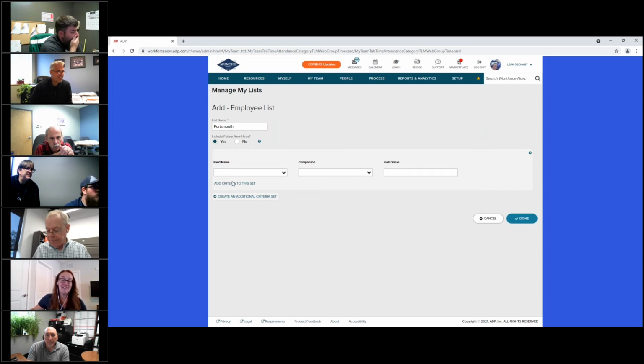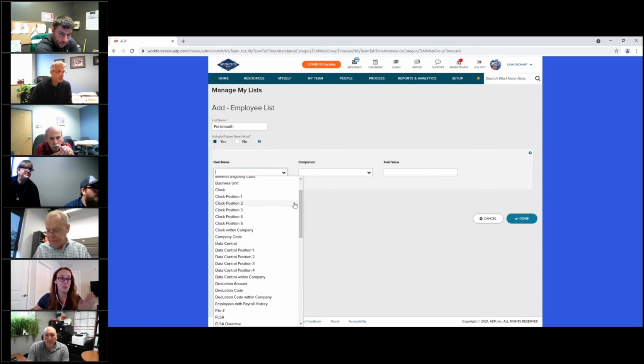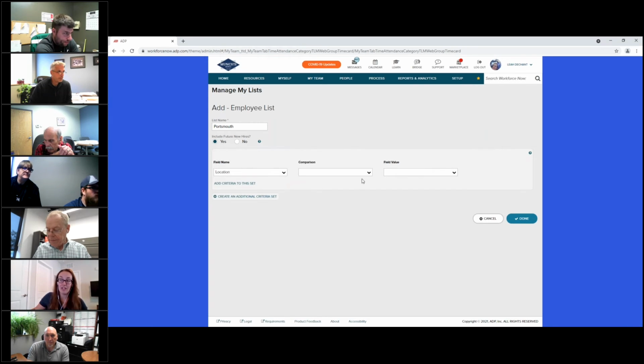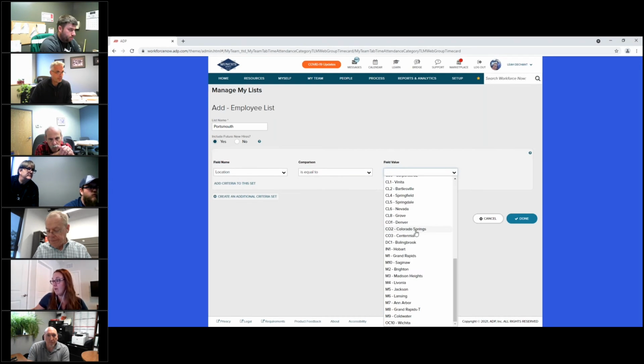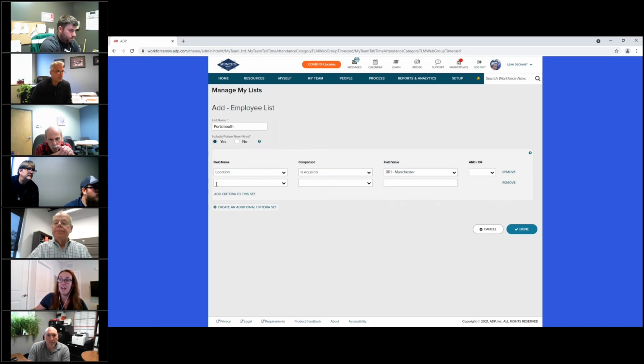And then your field name here, you could go down, and these are all the different things that you can sort your group by. Probably the easiest thing to do is if you click location is equal to, and then you'll be able to pick out your team's location. So it pops up with everybody. I'm going to pick Manchester, and then I'm going to add,